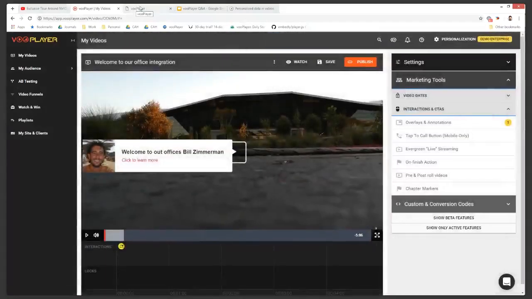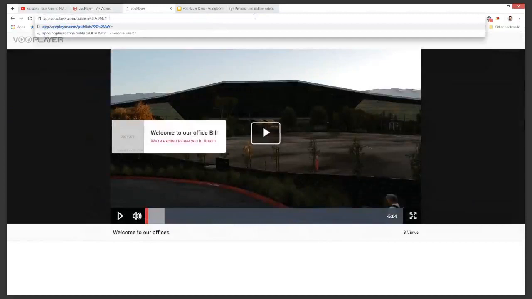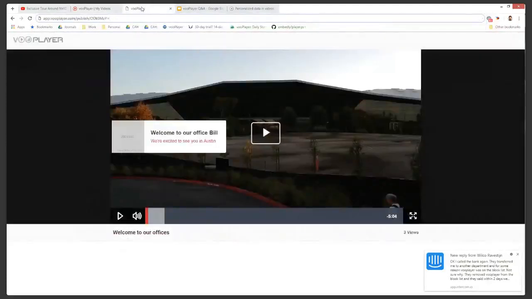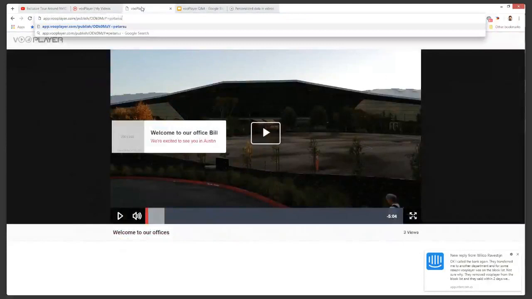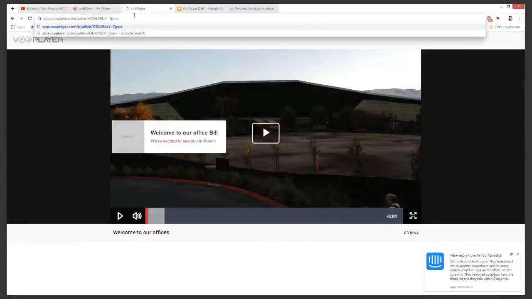Actually, that's a different video ID, so let me just replace the video ID. How this is going to work is all you would need to do is provide who you want to personalize this video for. For example, in my sample, I was using Bill, but let's use somebody else. Let's use me. So that's going to be the ID of the video, and all I would need to do is just provide personalized,